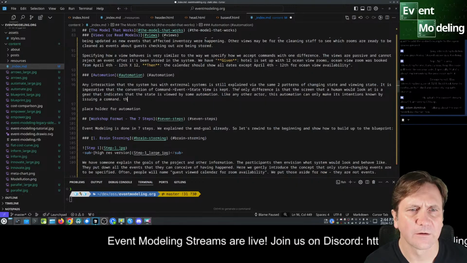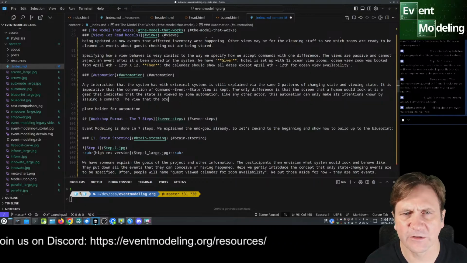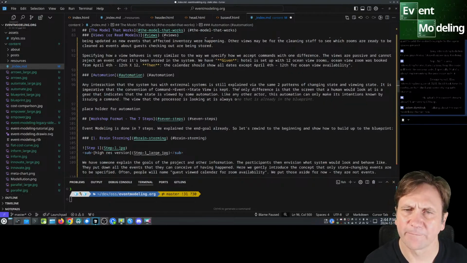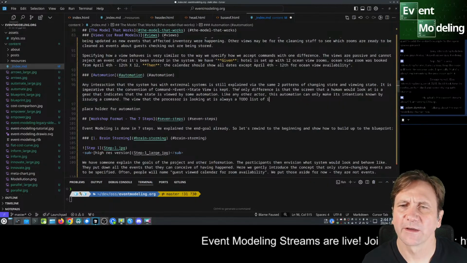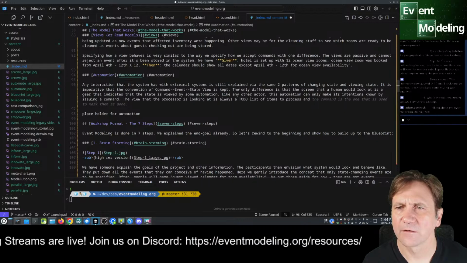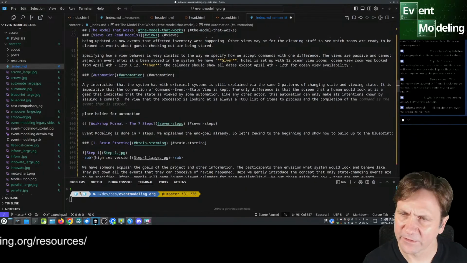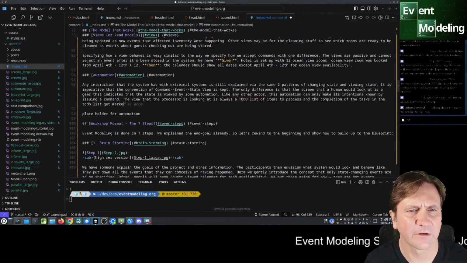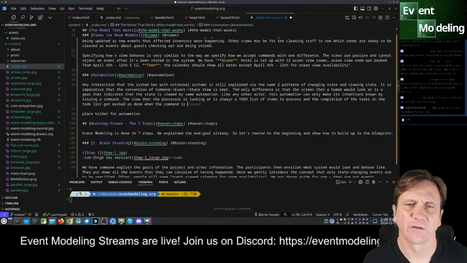And I should add the view that the processor is looking at is always a to-do list of items to process, and the progress or the completion of the tasks in the to-do list get marked as done when the command is finished.